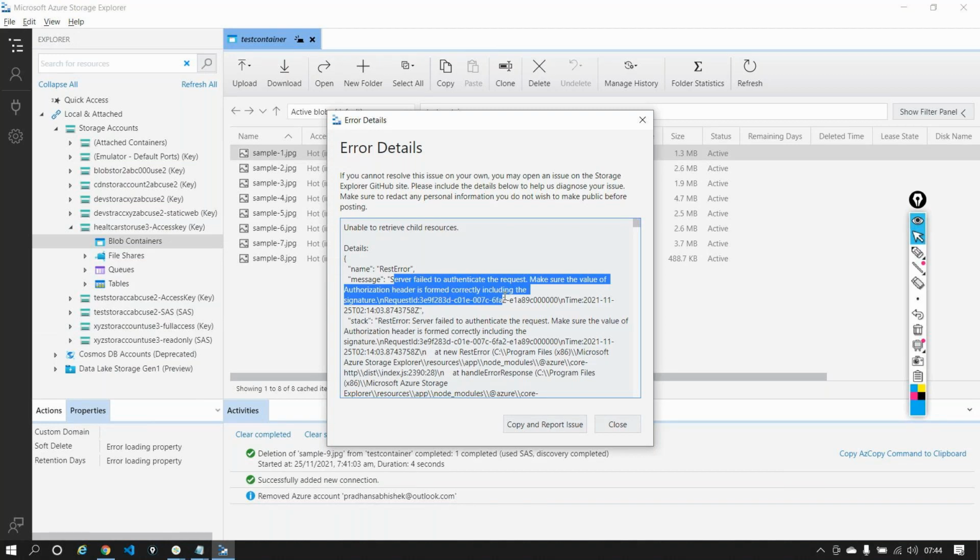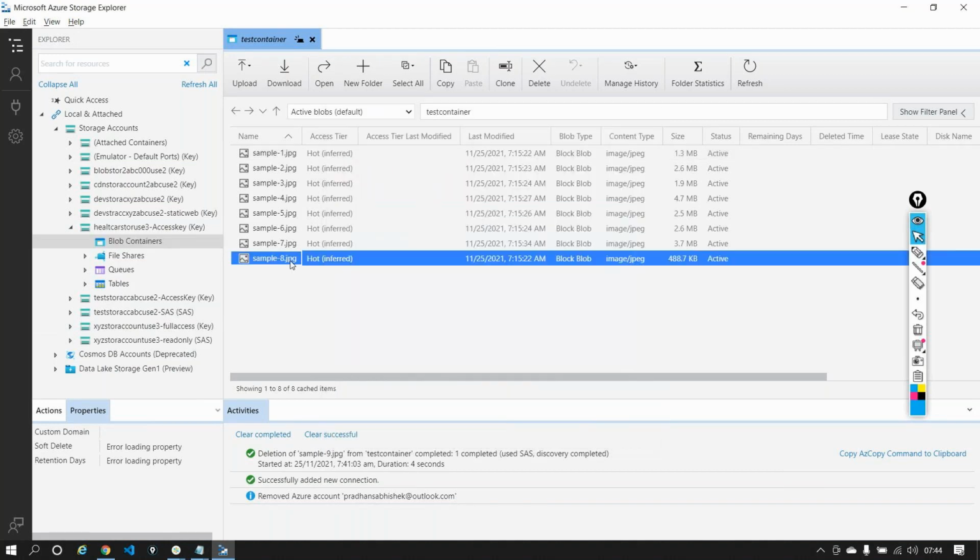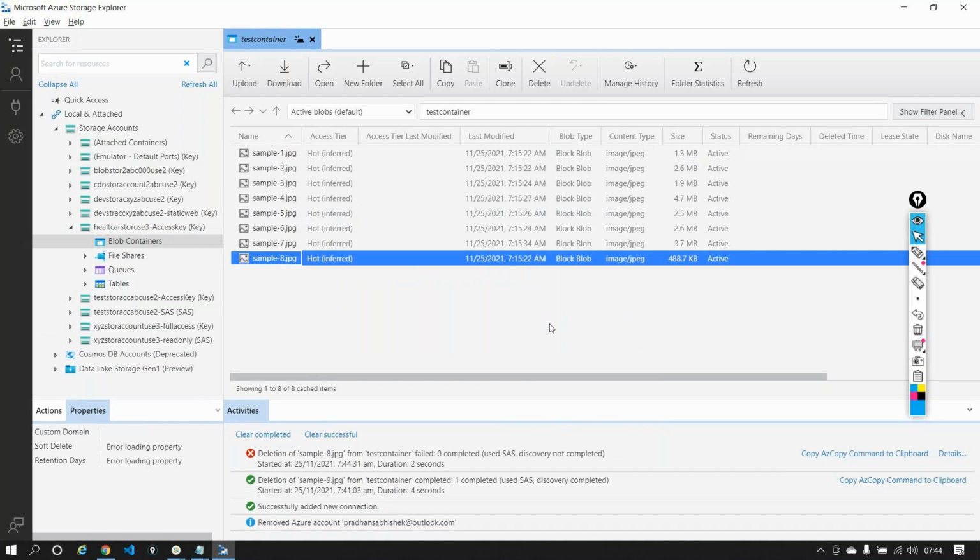So let's say I close this. My file is still open. I just say go ahead and delete this file as well. It says, are you sure you want to delete it? I'll say yes. And here I'm getting an error right now. Do you see this? It's telling me deletion of that particular container failed because SAS discovery not completed, meaning I'm not able to see that particular SAS or that particular connection string. Okay, so this is what rotation does. It invalidates the earlier key and makes sure that no one is having access here.